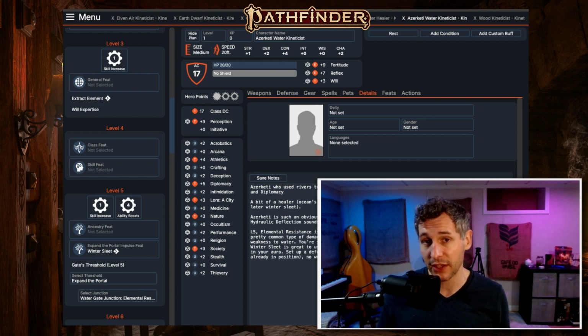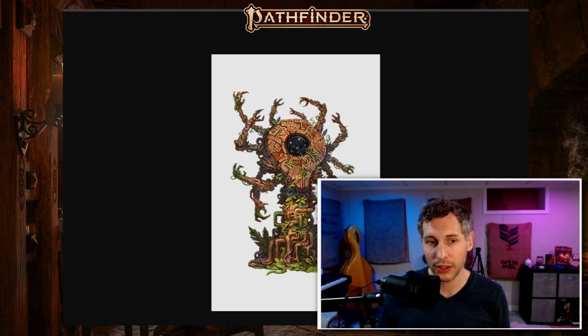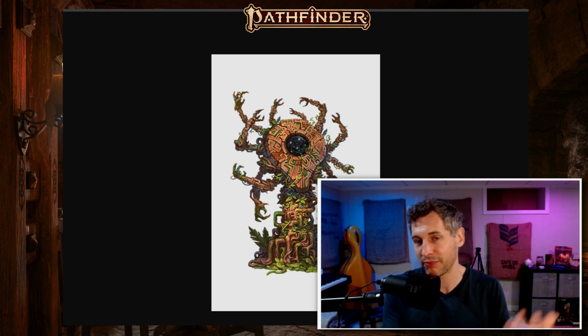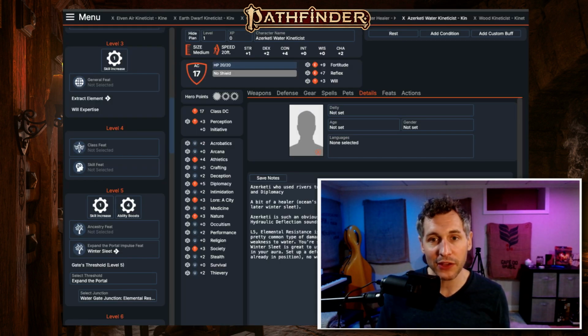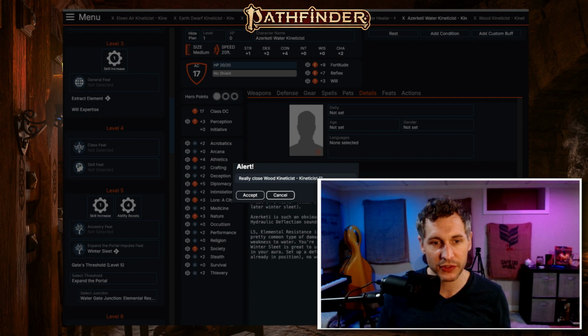And finally, this takes us to the wood element, which is actually my favorite, and I'm going to use a Kenrasu for this. I don't really know how to build one in Hero Forge, so here's a picture. That's kind of what it would look like. I think they're so cool. I love this ancestry. As far as the build goes,